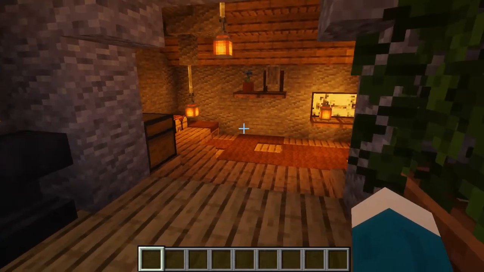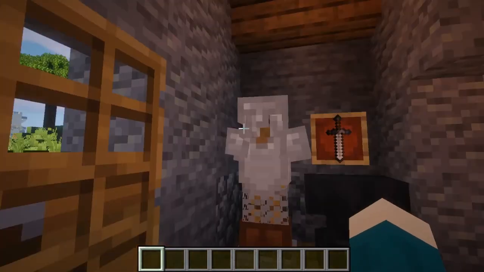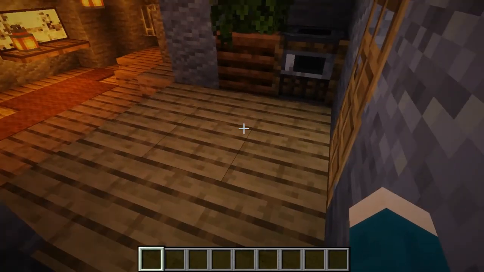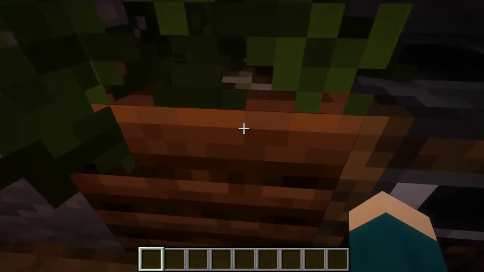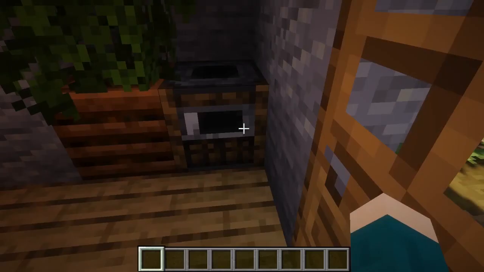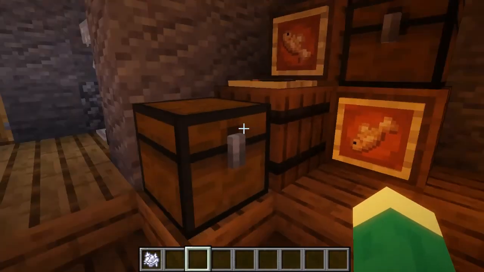And on the inside I have added a very simple interior. As soon as you enter, there's a little armour stand with whatever armour you like on it, an anvil and a sword, just a little simple crafting station. There's a plant pot which can also be used as a bone meal farm, as there's a composter here. As well as this, there's a smoker if you want to cook food, and there are some chests and barrels